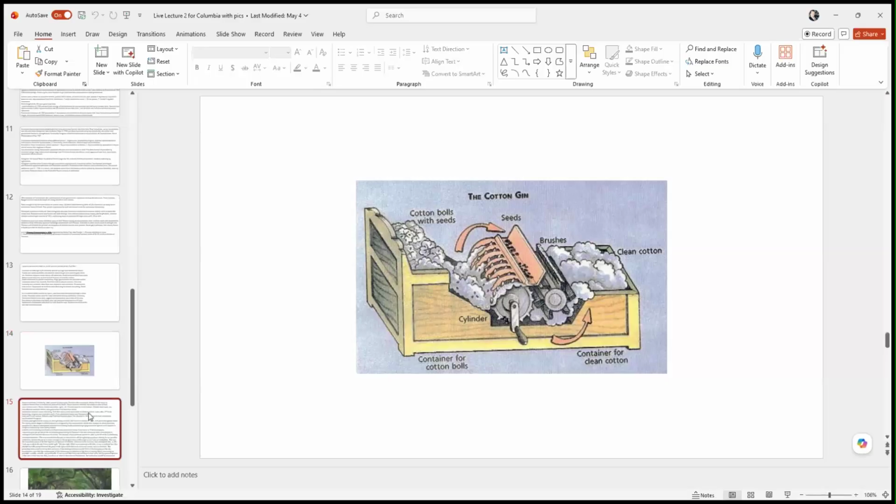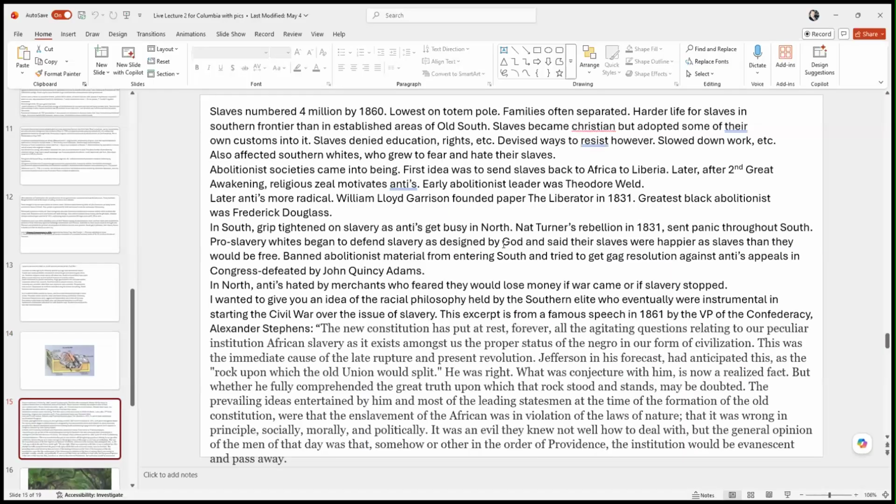So slavery becomes even more entrenched in the South. By 1860, there were about 4 million black slaves in America, and almost all of them were in the southern states. And slavery was probably worse than you can imagine. It was horrendous. Slaves were sold. Families were split apart. They had absolutely no rights at all. They could be tortured. They could be killed. They could be raped. They were not given any education.